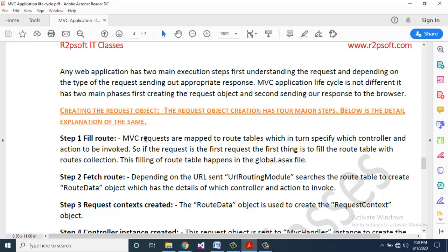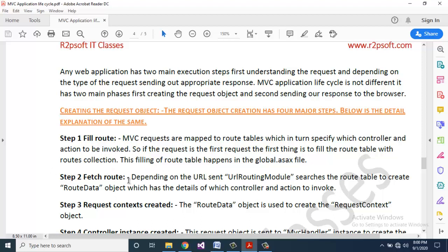Step 1, fill route. MVC requests are mapped to route tables, which in turn specify which controller and action to be invoked. So if the request is the first request, the first thing is to fill the route table with the routes collection. This filling of the route table happens in the global.asax file.